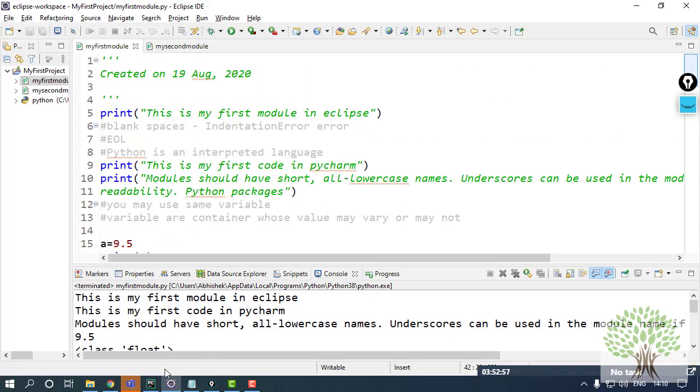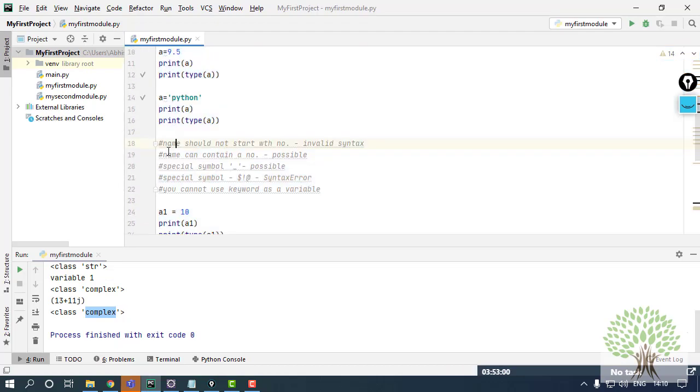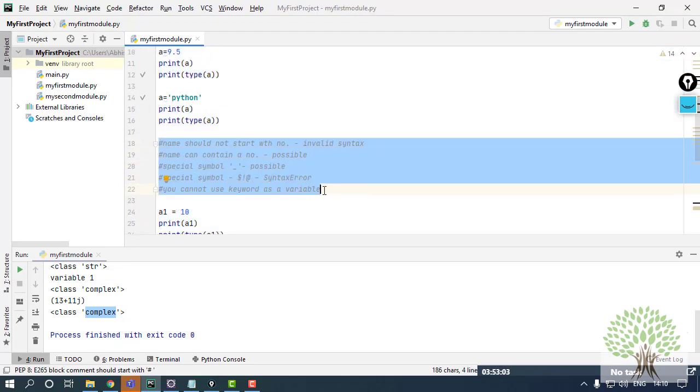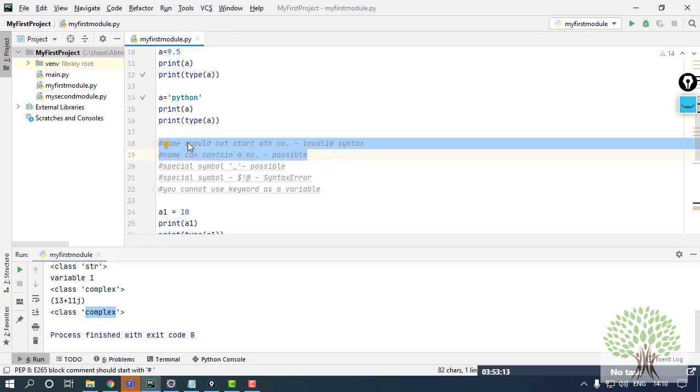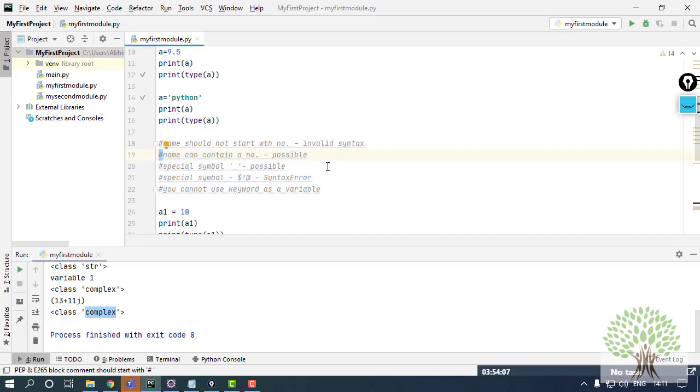Okay. One thing I just forgot to inform previously, that there are two types of comments that are included in Python. The comments are the statements which are not going to be executed by the interpreter. They are going to be skipped. Like the interpreter will come to line number 16, look for 17, and on the 18th line it will find this hash sign. Without even checking this line, it will jump to the next line because this sign is used to define the comment. Now this is a single line comment.